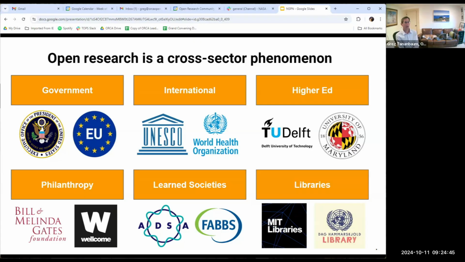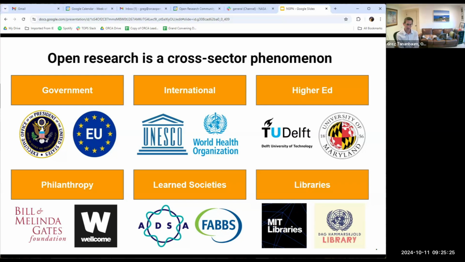So in the United States, in August of 2022, the Office of Science and Technology Policy issued a memorandum which had the effect of saying that all federally funded research, the papers and the data, will need to be made publicly and openly available within the next 2 years or so. It's being phased in, but if you're getting federal money for your work, you're going to have to share it, and share it openly. There are similar trends in quite literally dozens of countries. The European Union is heavily engaged in this as well.